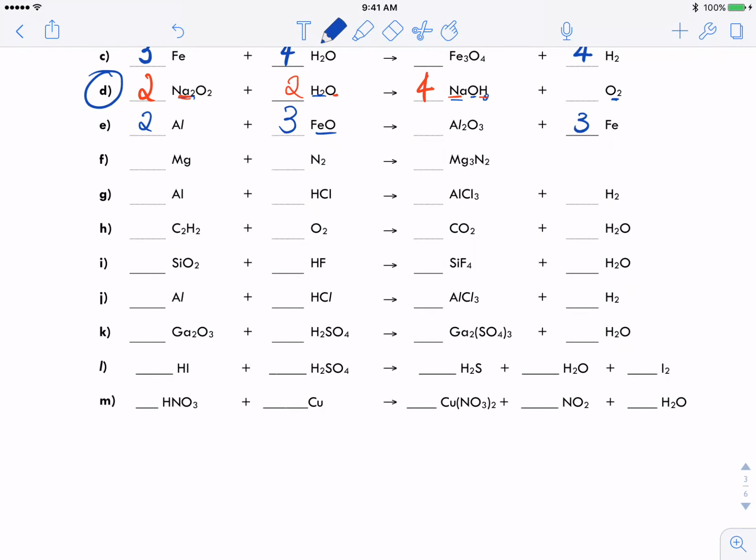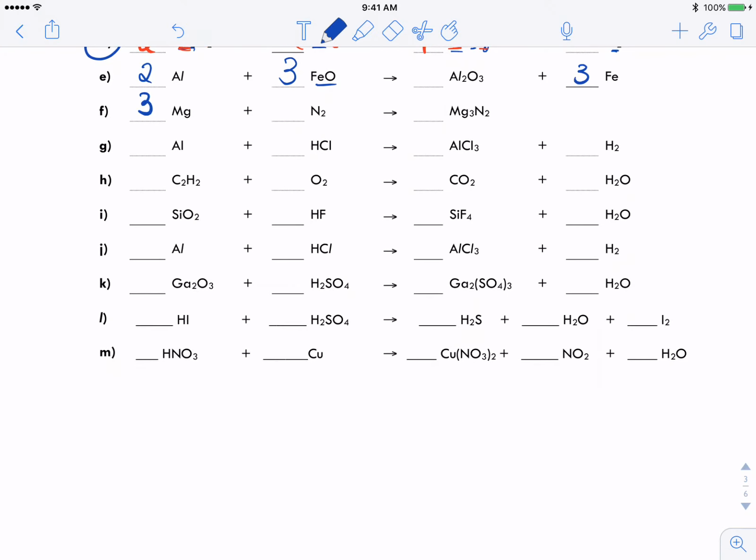1f, magnesium plus nitrogen gas gives you magnesium nitride. So there's 3 magnesium and there's 2 nitrogen. Oh, so balanced already. Okay, g, aluminium plus hydrochloric acid gives us aluminium